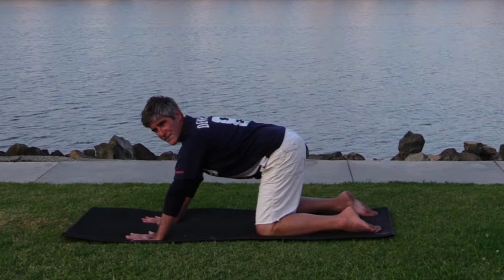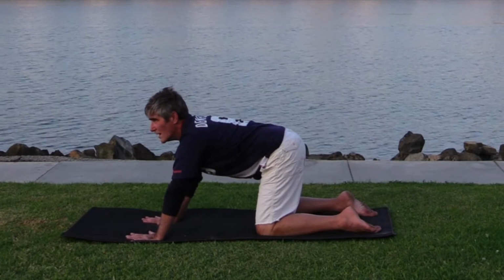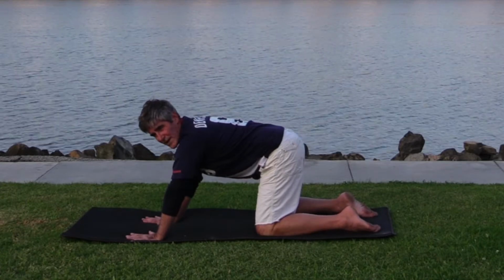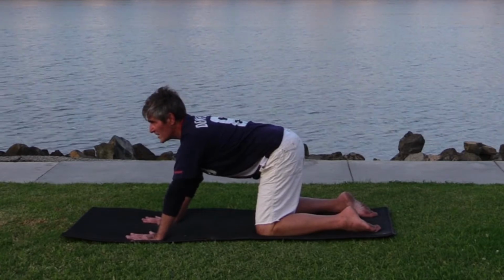Last couple of breaths here. Now 3 or 4 or 5 times. Let's go into the cat and the cow. So from this stable table, might even be a little bit tight,